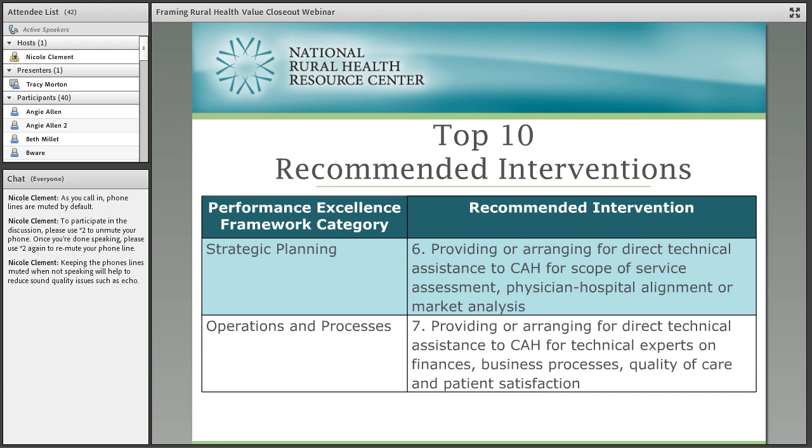Yeah, absolutely. Well, that's important though, especially in a state where there is so much system affiliation, to make sure that the hospitals are recognizing the role that the critical access hospital plays in that system of care within that state, but also that the things that are happening in the big urban areas might not really be relevant for the critical access hospital that's part of their system, and that the resources that system might be providing might not be relevant either. Jay or Scott, do either of you have experience with providing financial operational assessments in your state?